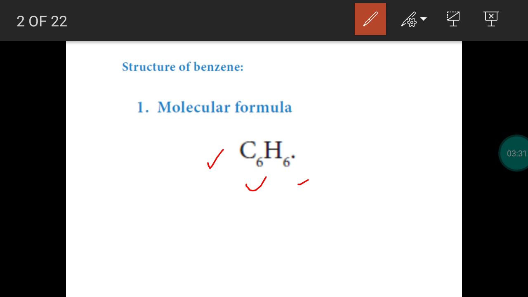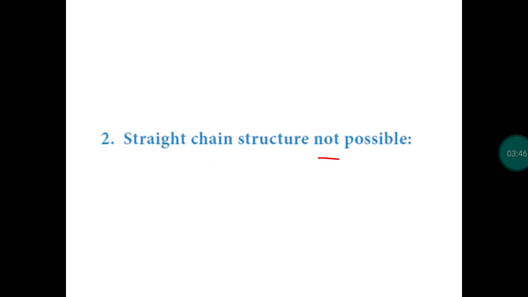Okay. It can be an alkene as well as alkynes. It should be an unsaturated compound. It will not be a saturated compound like alkane. It is clear. So it should be like an unsaturated compound so that we do the tests of alkenes and alkynes. So in previous classes we have completed what are the chemical properties of alkenes as well as alkynes. So we test benzene whether it obeys the properties of alkenes and alkynes.